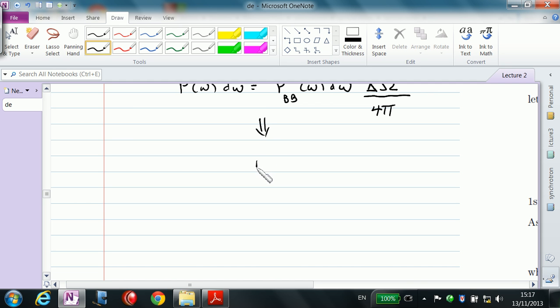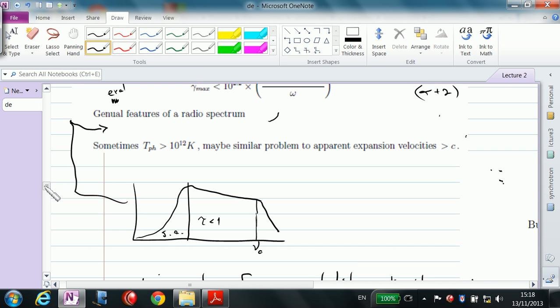Why can you use this black body? Why can you say this is a black body spectrum? I didn't say it. I said that if it's going to be self-absorbed, the maximum brightness temperature always occurs here,